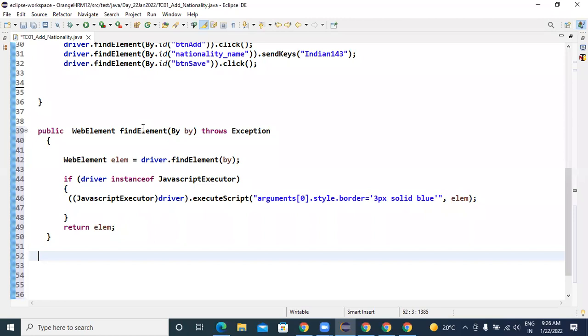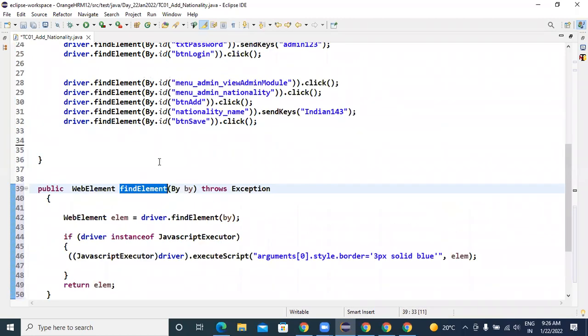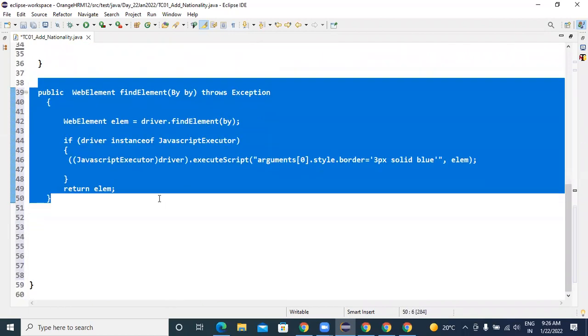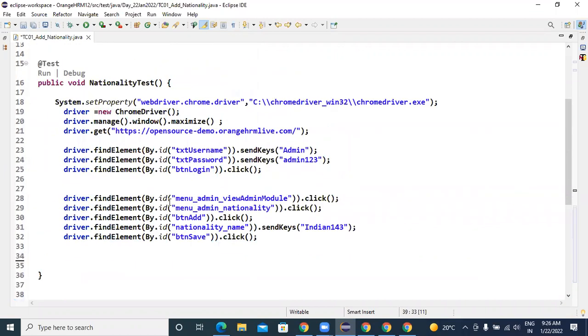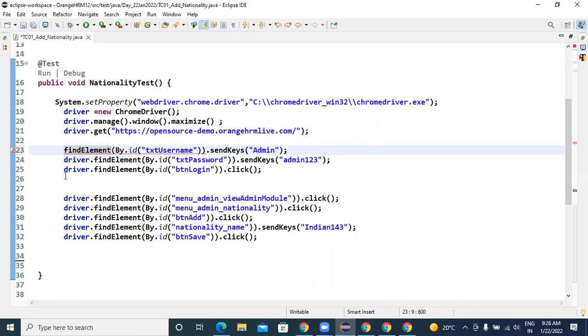If you are using this find element method, you will come to know more about it in the next classes as well. Going forward, in all the classes we are going to use this method. If you use it, you need not write driver dot. You can write it if you want, but you don't need to. So I'm removing this driver dot.